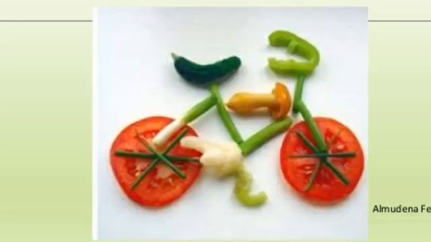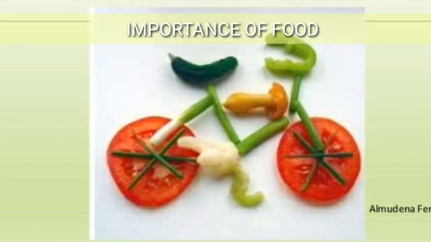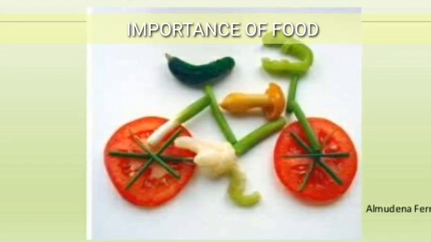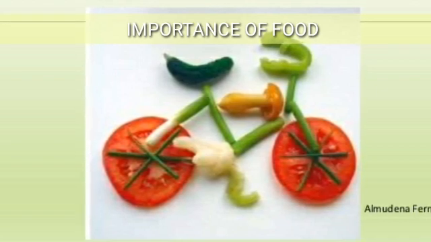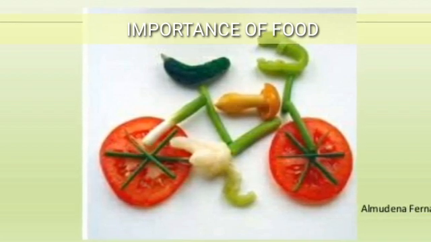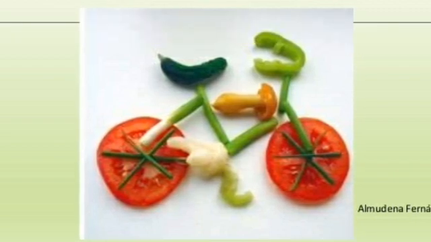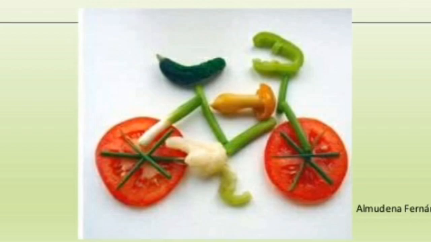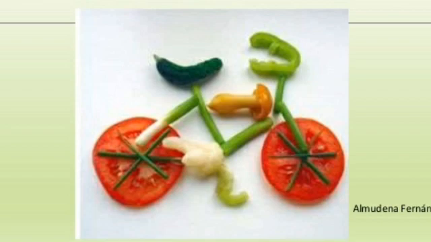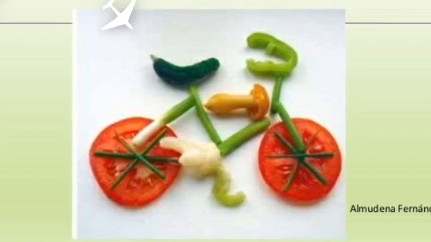Then on second page you will write down importance of food. As you can see in the picture, this is very innovative idea. You can also draw the same, or you can give it any other shape also. That means you can draw any other object using different vegetables or fruits. And remember that you are not supposed to use vegetable or fruits, just draw. And after drawing this kind of picture, you will write down the importance of food. And one page including the picture is sufficient for importance of food.